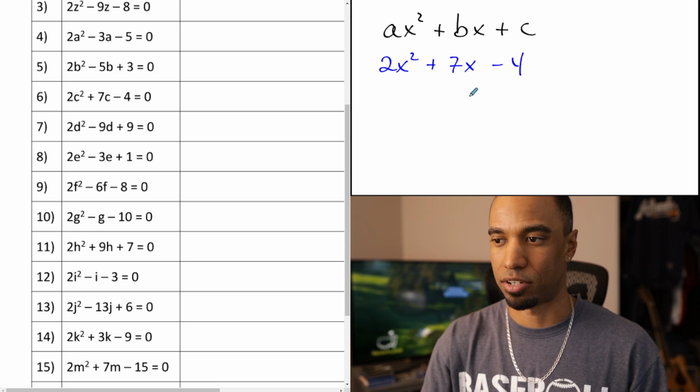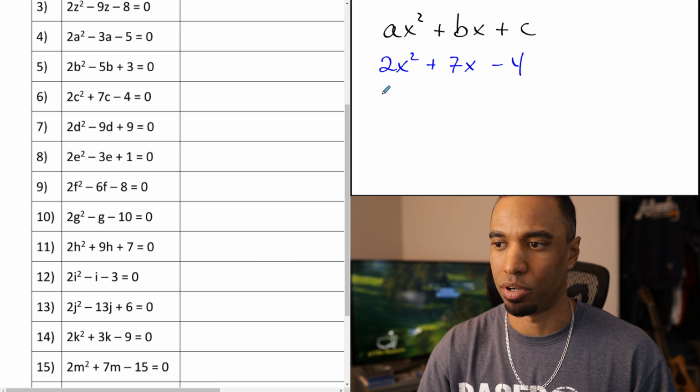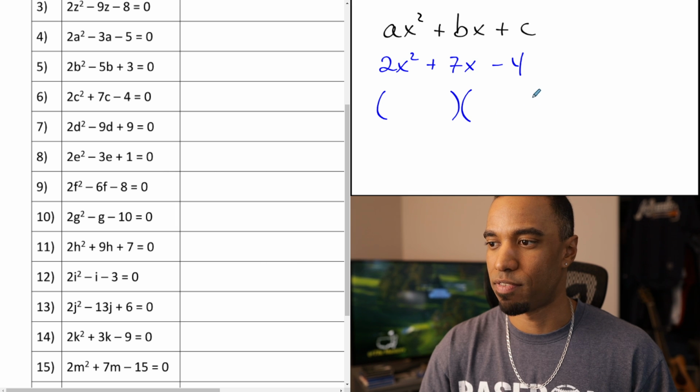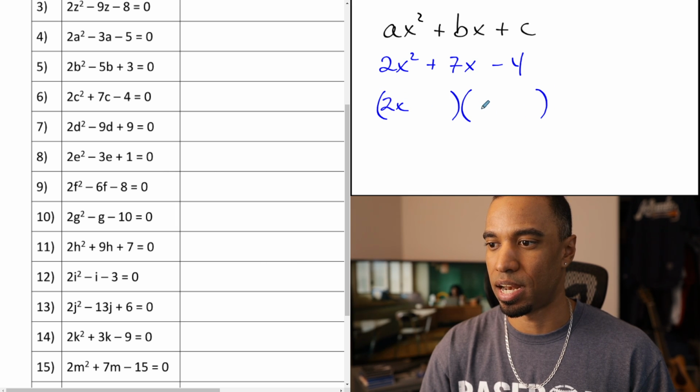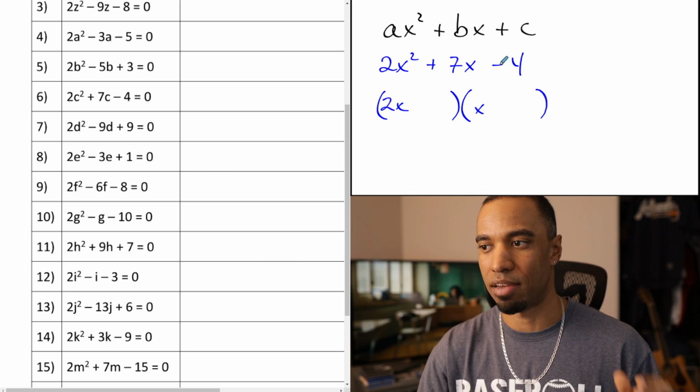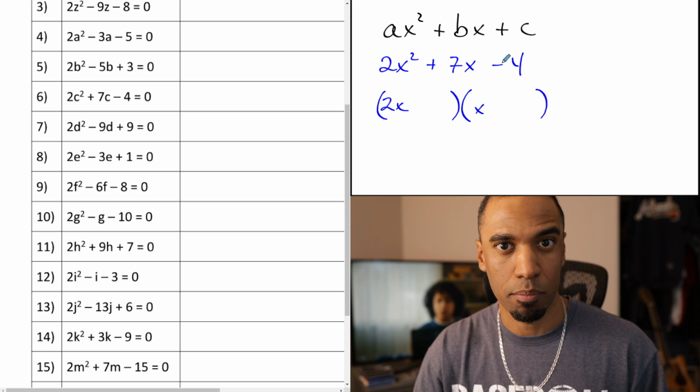All right, let's go ahead and factor that guy. Again, I'm not solving, I'm just factoring for you. Now, once again, if this is factorable, that means I'll definitely have a 2x and an x. The difference here now, though, is that I have a negative 4, which is a product of a positive number